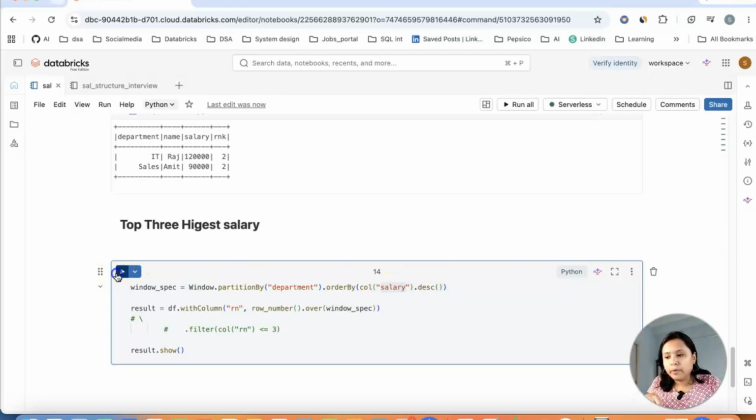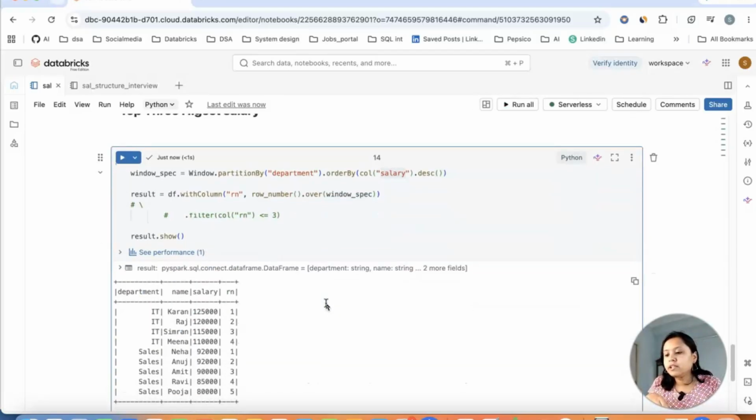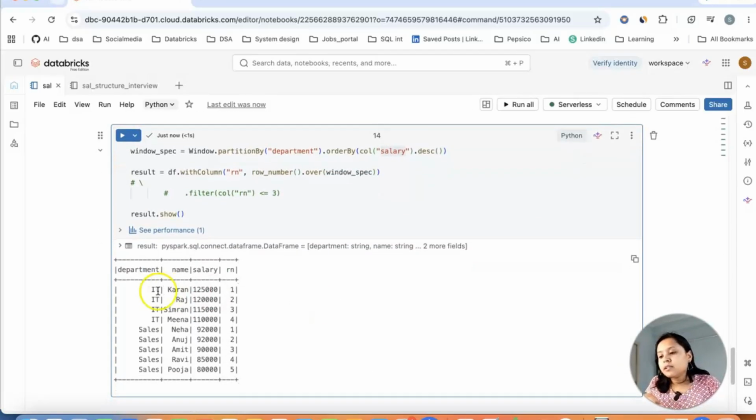If you do a row number, what should be your result? The result will be this. That is, it is partitioned by department, and it is ordered by salary. So 125, 120, 115, 110, right? And for each salary, I am giving a row number 1, 2, 3 and 4. So if you see here for sales, 92 is same, right? But it is partitioned. But in dense rank, these two values for 92 was 1. But in row number, it will be in sequential, right?